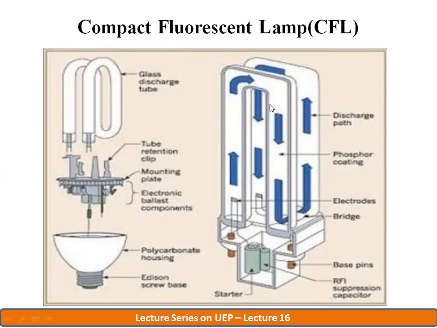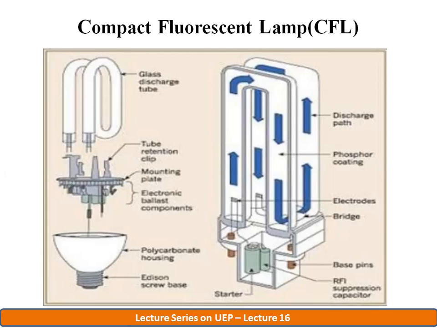So this is the discharge path. I already told you the working principle is similar to the fluorescent lamp. When electricity is applied, the electronic ballast boosts the voltage. Boosting of voltage emits more electrons inside the tube. Initially, argon gas gets discharged. Later, mercury gets discharged, and it emits 100% light. The phosphor coating is employed inside the compact fluorescent lamp in order to convert ultraviolet rays to visible light.